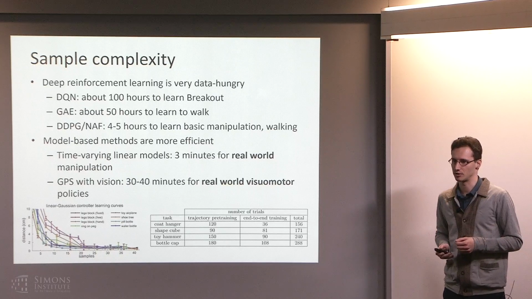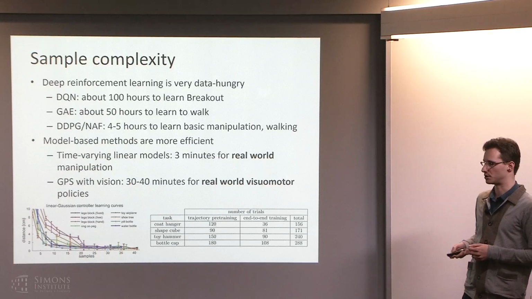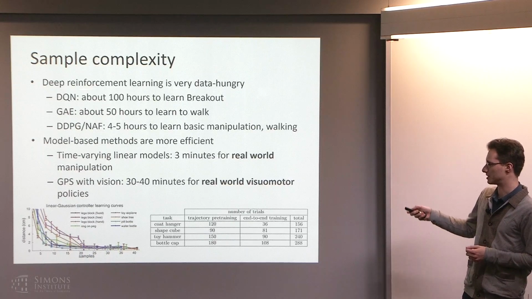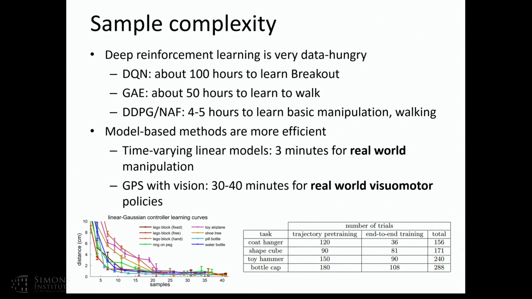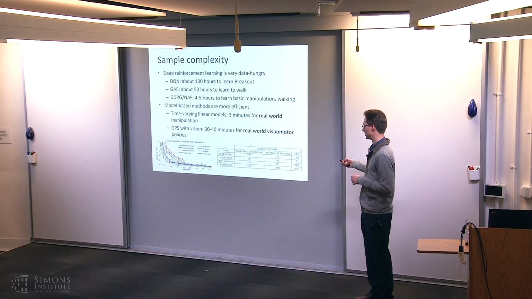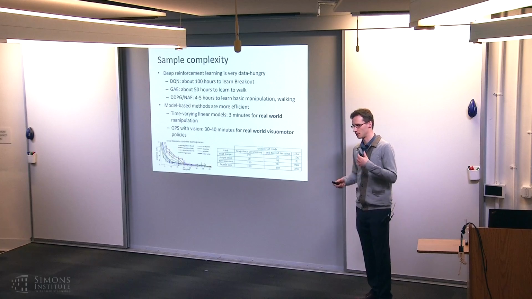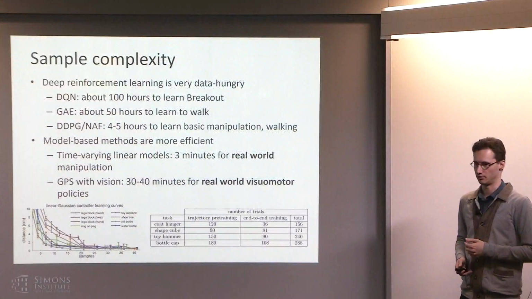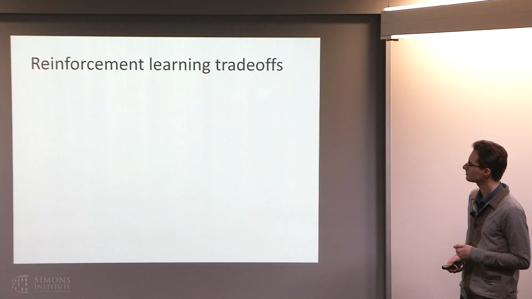So there's quite a gap in sample complexity, and a big area of research now is how to close that gap, basically how to make these methods faster, or how to relax some of the assumptions for these methods. And of course, there's some interesting work being done on combining ideas from both model-based and model-free methods. Specifically, how can you get the speed of these methods over here, but still revert to model-free behavior towards the end to really reach the optimal cost, even if you're not fitting a good model.